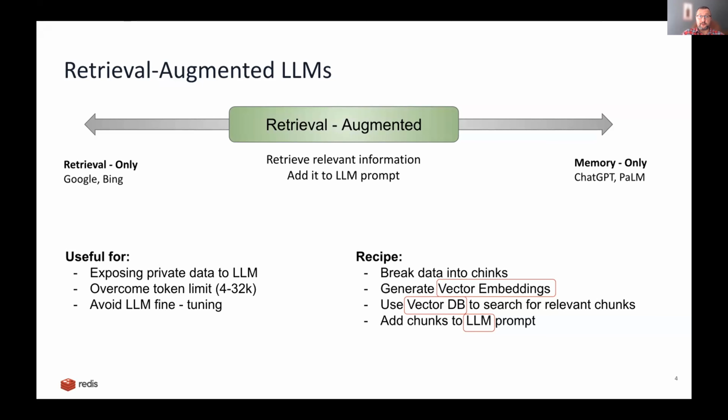There are a whole bunch of reasons to do that, right? Fine-tuning the model or training the model on your own data is possible, but probably very expensive. You cannot feed the entire document or set of documents that you have into the prompt because it's large and you very soon would run out of the token limit of your large language model. So what do you do? You combine vector embeddings, a vector database, and the first step of retrieval augmented generation is you search